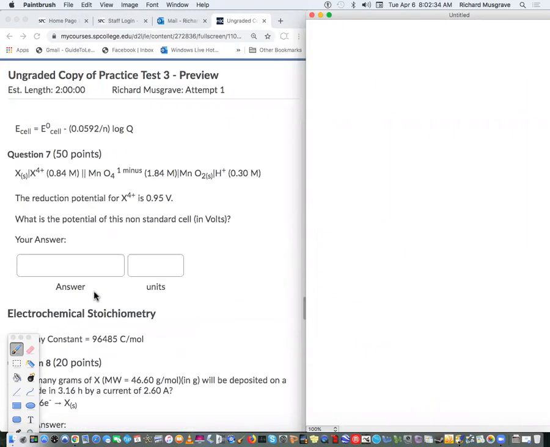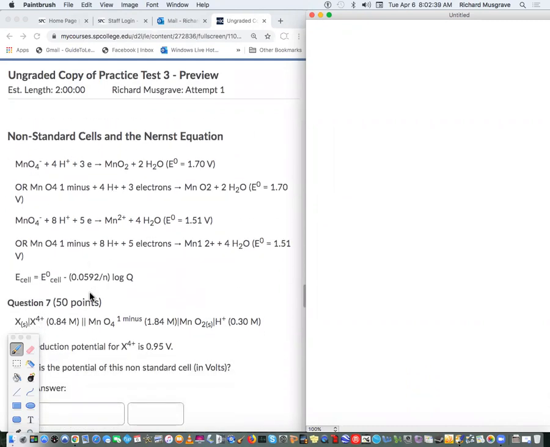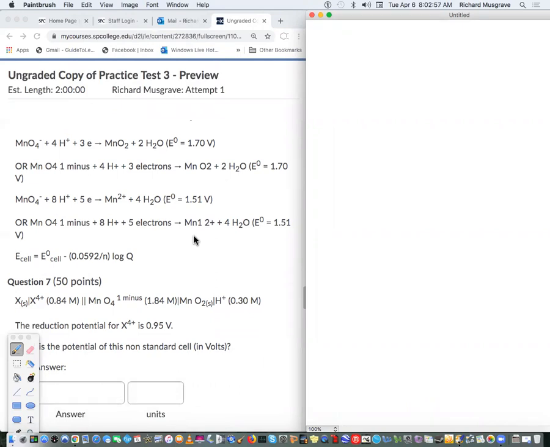So we were looking at, yes, the non-standard cells. I actually already have done an example of these. I'm going to go ahead and do another example. And what we're looking at is this one here, number 7. Now there's this X here is imaginary, and it's the anode. So the reduction potential equation for this, written as a reduction, is,